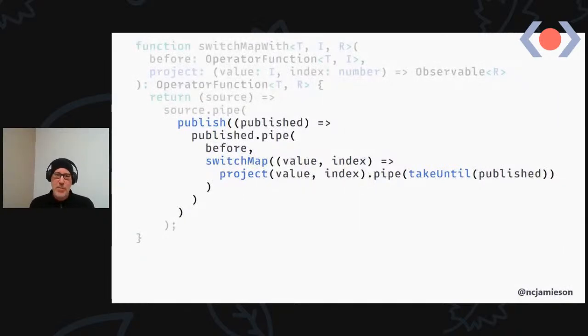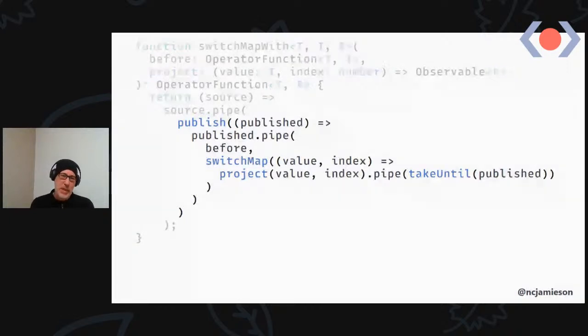Now, what publish does is it allows us to subscribe to the published source as many times as we like inside the selector, but only affecting a single subscription to the source. So if you published twice inside this selector, it's the source of the pipeline inside the selector, and it's also used in take until. So what this allows us to do is to use changes to the source to not only switch after the debounce time has elapsed, but also to switch as soon as the key is pressed.